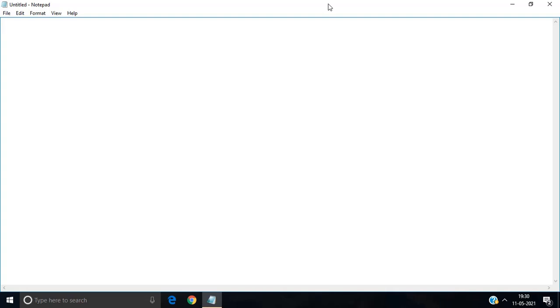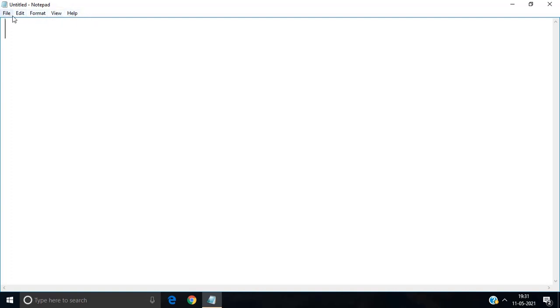So this is the basic text editor, and here you are seeing untitled notepad as the option. Untitled notepad was displayed here itself. That was the title bar, and here you are getting five menus.